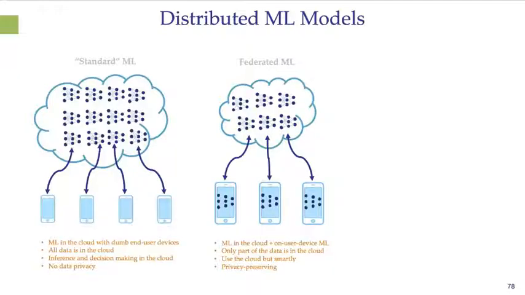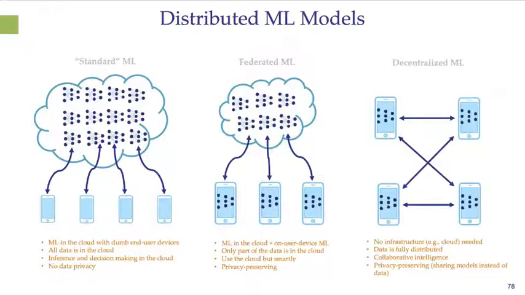So data will be collected at the end user devices. They will learn a common model independently, upload their model to, say, an edge device, which could take the role of the cloud here. The edge device will serve as an aggregator. It will aggregate those models and send the aggregated model back to the end user devices, where it can be updated again, and there can be multiple iterations of this process.